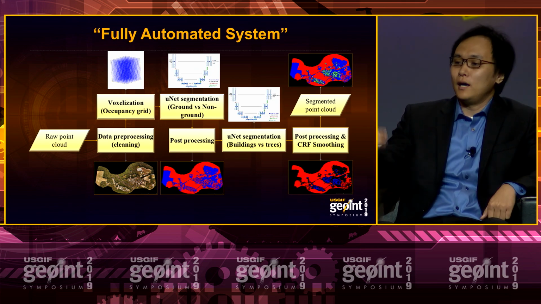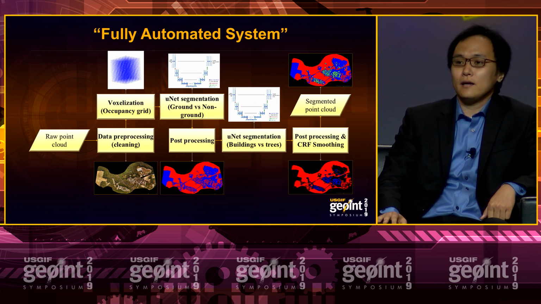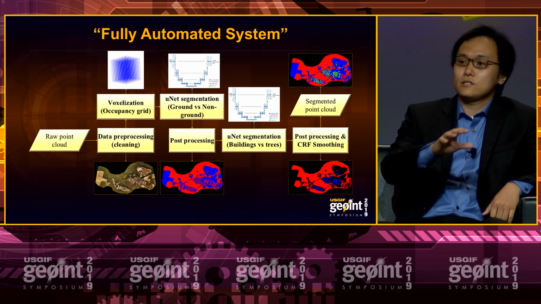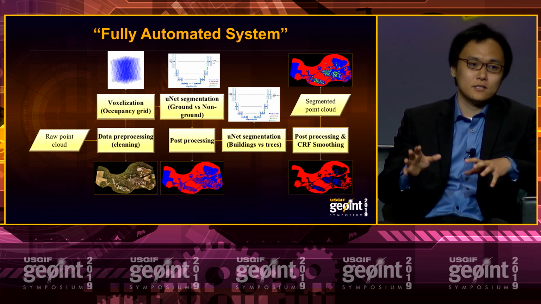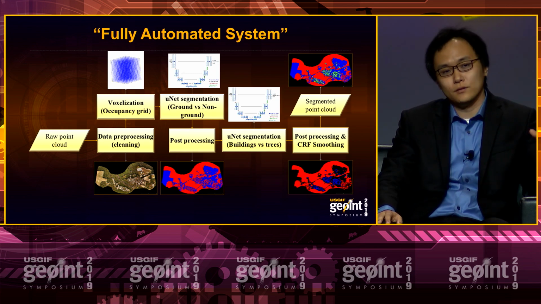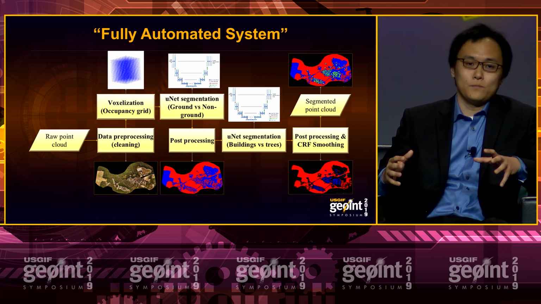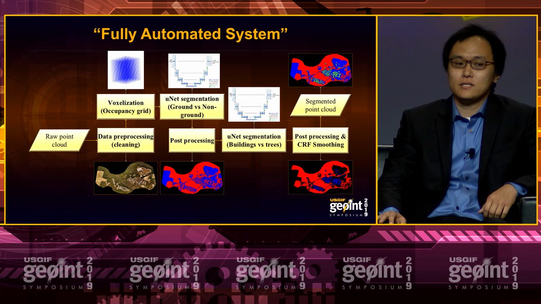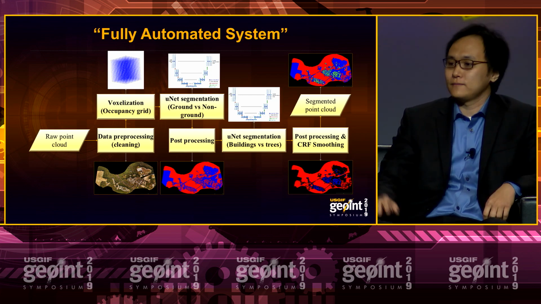For example, for the ground versus everything else, if there are some points floating in the air, well, you don't have points floating in the air if it's ground, right? So we can just put those points into the category of others. Once we do the man-made structures versus vegetation, we can do another post-processing, first smooth out the result. And then if the later application requires more accuracy for building versus vegetation, you can also do a post-processing just to trade off between the accuracy of the 2 categories.